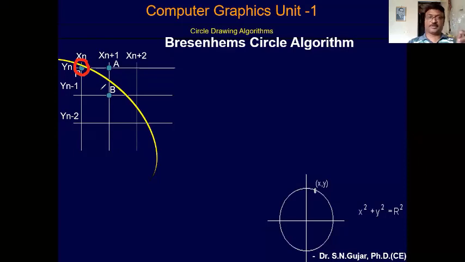So what is the minimum requirement for a circle? That is, you have to use the center of the circle. Suppose this is my center of the circle, and then you have to consider that x and y is the center and r is the radius. Once you have drawn this radius over here, with r and x and y, you can easily draw the circle. Now suppose I have considered any point.